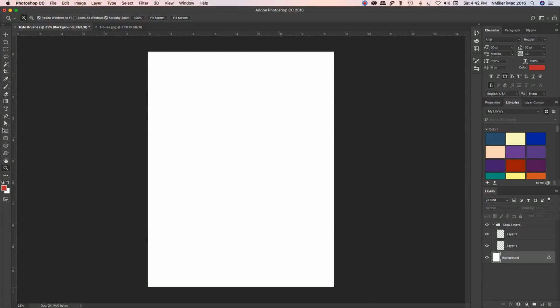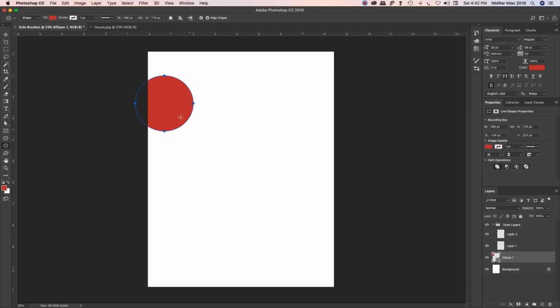Alright guys, let's talk about creating some shapes here. We talked about using the vector option, which is now in these newer versions of Photoshop. And then I've got these shapes here. I could use U, the keyboard shortcut for the shape tool. This is going to be vector, so when I left click and drag, whatever the settings